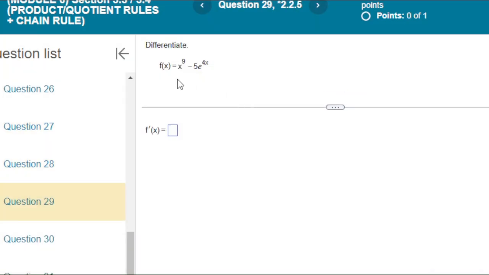Okay, what about this one? Take the derivative. Well, remember the derivative of a difference of two functions is the difference of the derivatives. So we can actually just take the derivative of x to the ninth and then subtract the derivative of this. Right, so we do 9x to the eighth